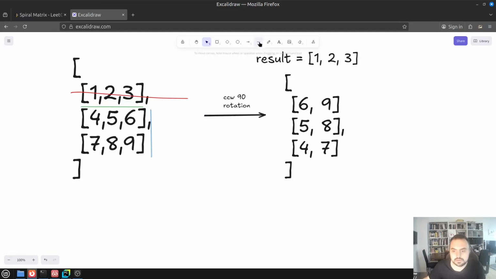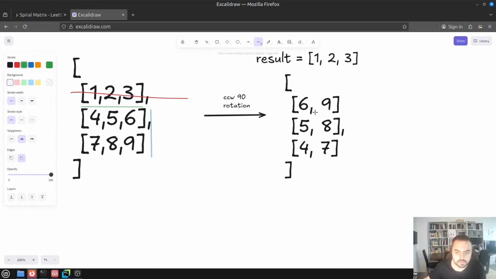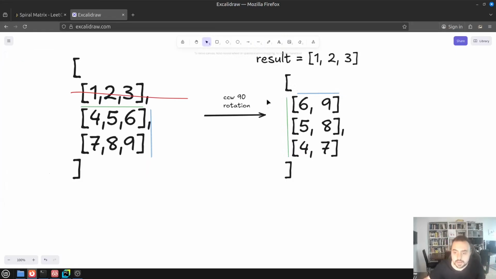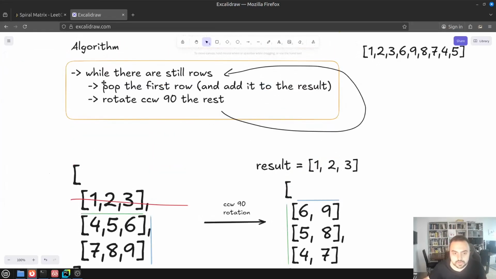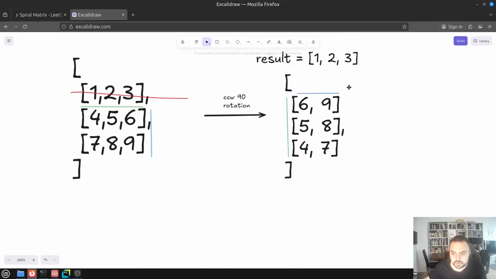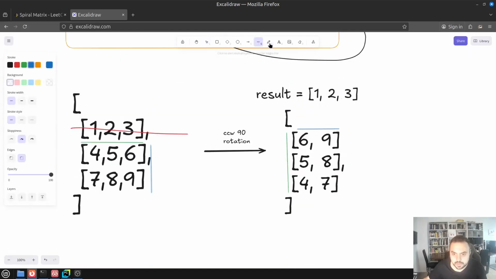So as you can see, the green part is here, and the blue part is here. Yeah, that's basically how you can visualize this rotation. Yeah, and then we of course continue. We pop the first row, so our result grows, meaning we remove this part,